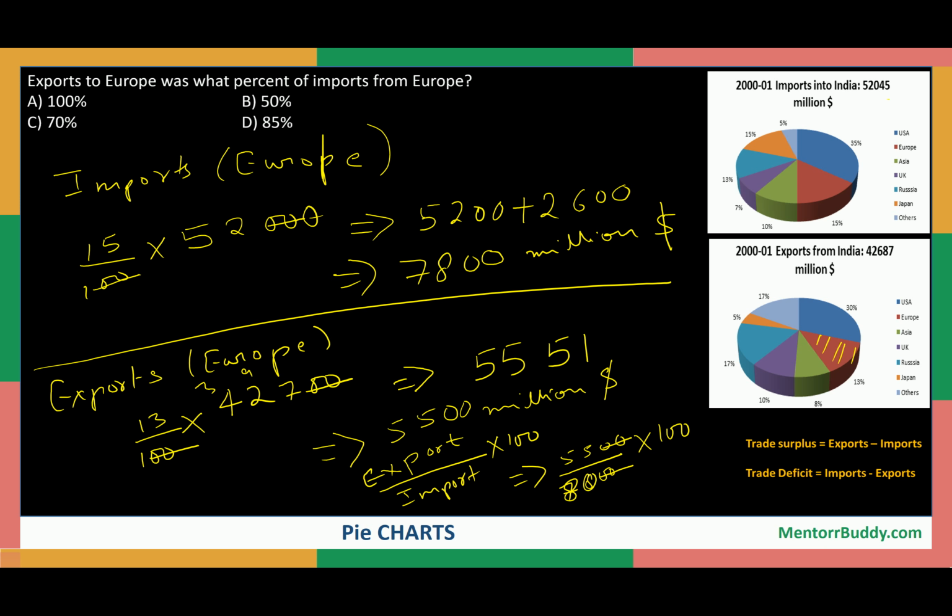We can take it as approximate 80, and so what will happen now? It is divisible by 5, that will come 11, and this will come out to be 1 and 6, 16, and then it will become 1100 upon 16. So 1100, this will become